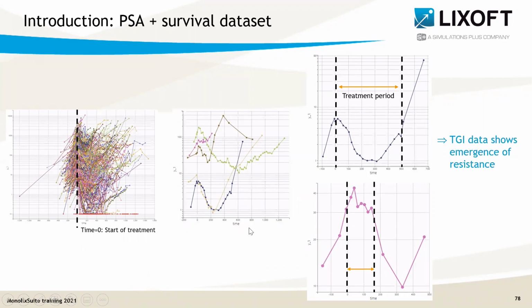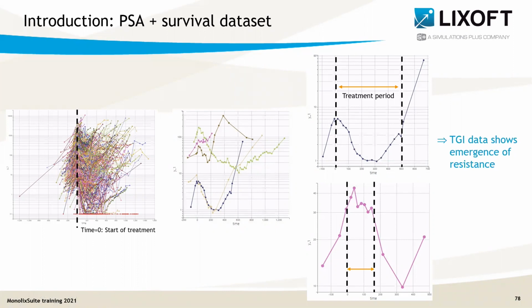So we can focus a bit more on the full data set. Here we can see a few examples of typical profiles, to have something a bit less overcrowded than here. And here we see two individuals where the treatment period is indicated with a dashed vertical line. What we can see is that there is a clear emergence of resistance to the treatment. Also, a few individuals actually show a sustained effect of treatment after the therapy. But for most of them, there is resistance.